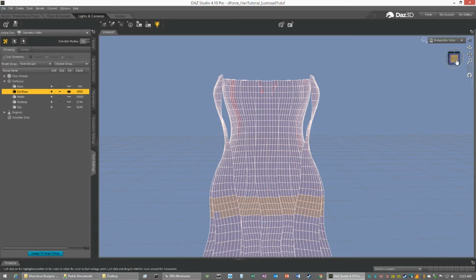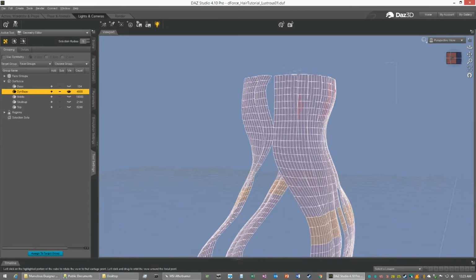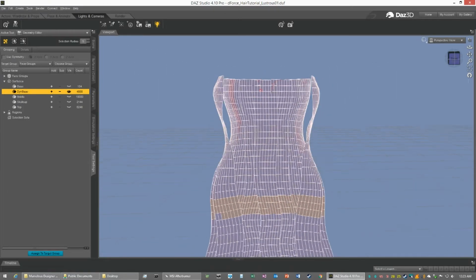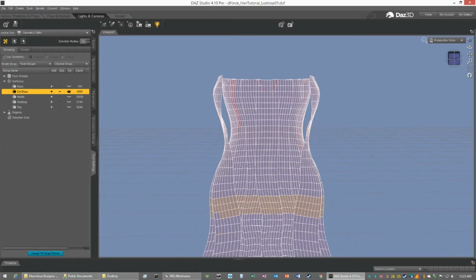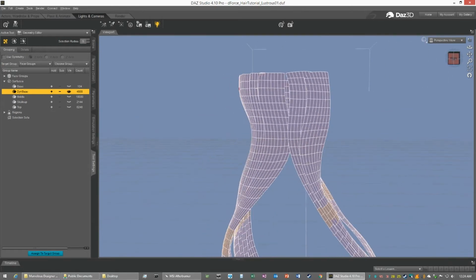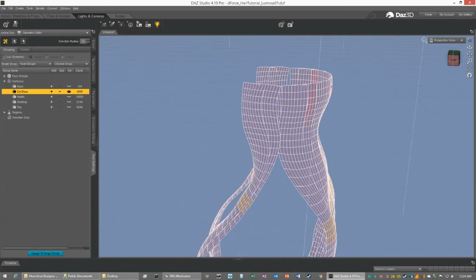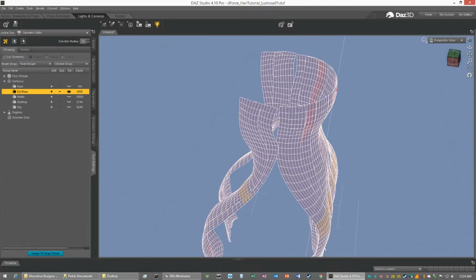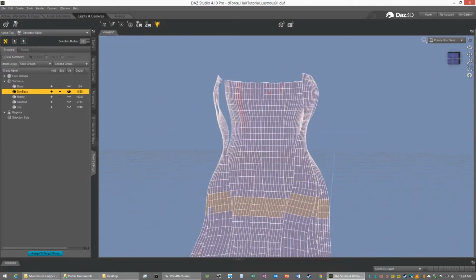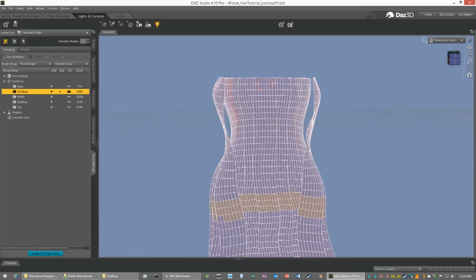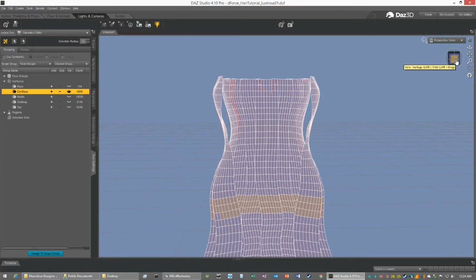Which, since this would select both front and back, I'm not too fond of that. We will do something similar to that, but first we're going to actually separate the front from the back, because we have these two front strips that go over the front of the body and this one big solid back section. Okay, so what we're going to do here at the very least is